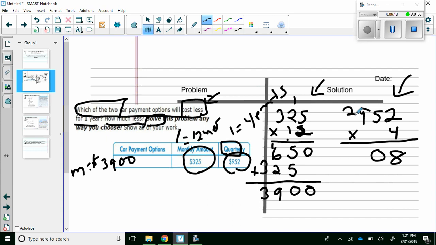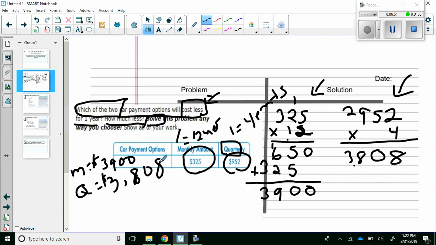And then 9 times 4 is 36, plus 2 is 38, making this answer total $3,808. So quarterly payment would be $3,808. So that's how I solved the first part of the problem. Remember, the first question asked which of the two would cost less for 1 year. So I need to compare which is less,